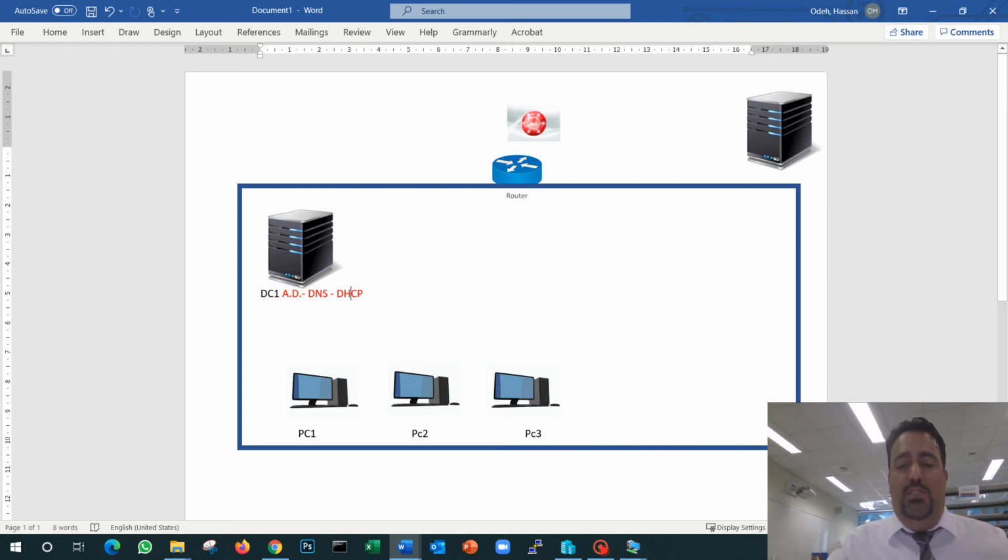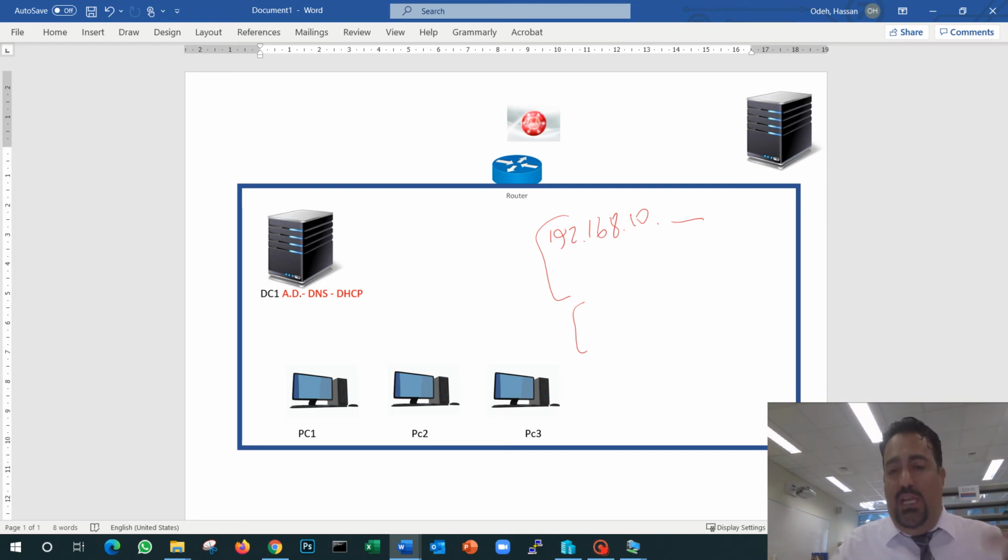The other thing I need to decide at this stage is what the IP address range of my network will be. Will I be using 192.168.10.something? Is that going to be my IP address range, or am I going to use something else, 172.something, or 10.10.10? Whatever IP address range you prefer for your network.